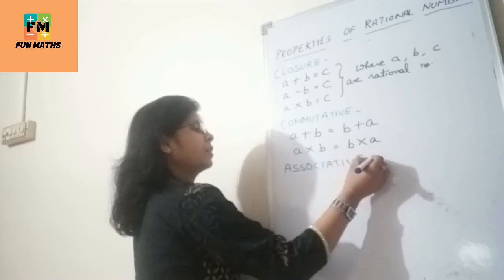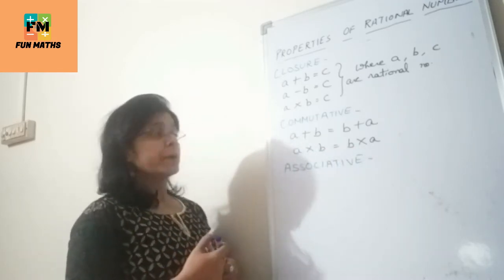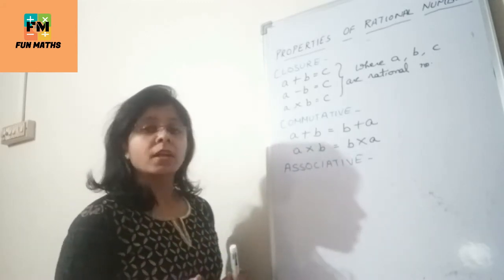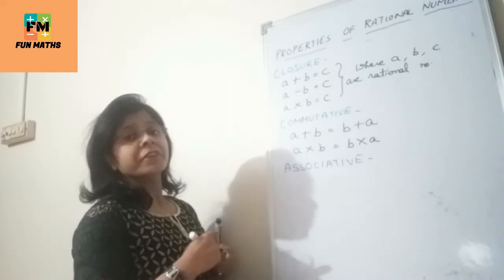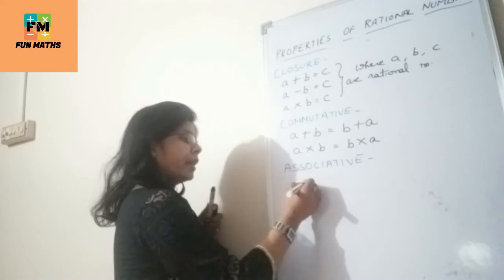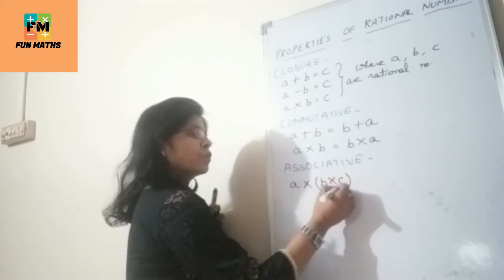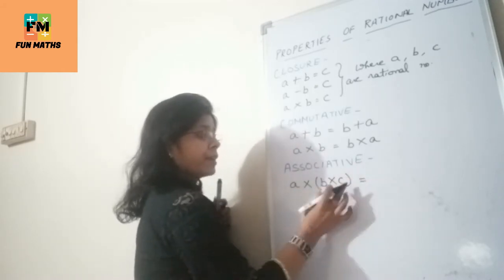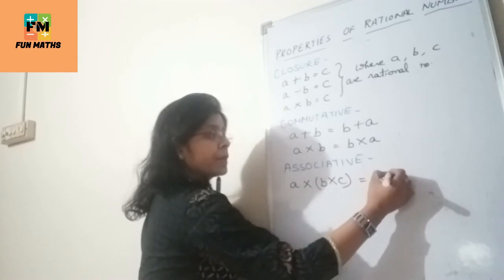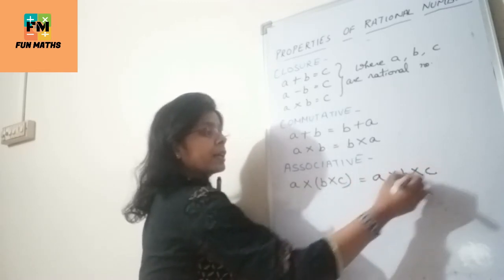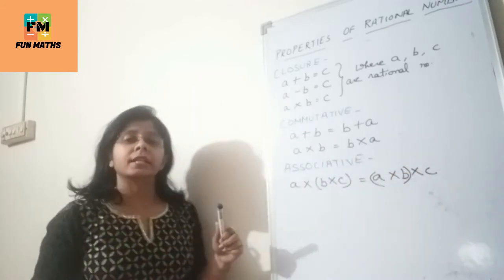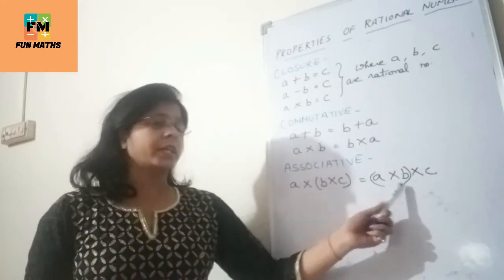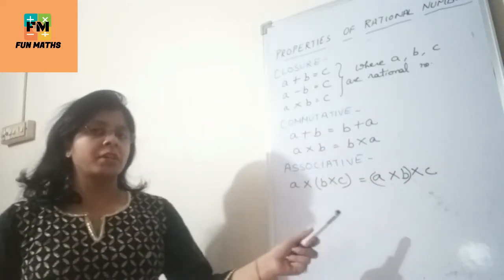We have seen this, right? Now associative, if you remember, we have checked the property with three rational numbers. If we change the grouping of the rational numbers, the answer should be the same. So for that we have grouped the rational numbers, right? So a into b into c. If we check for multiplication first, here we have grouped b and c together. It should be equal to the result if we group a and b in the second case. So here a into (b into c) should be equal to (a into b) into c. You can see in both the cases we have grouped different rational numbers together.